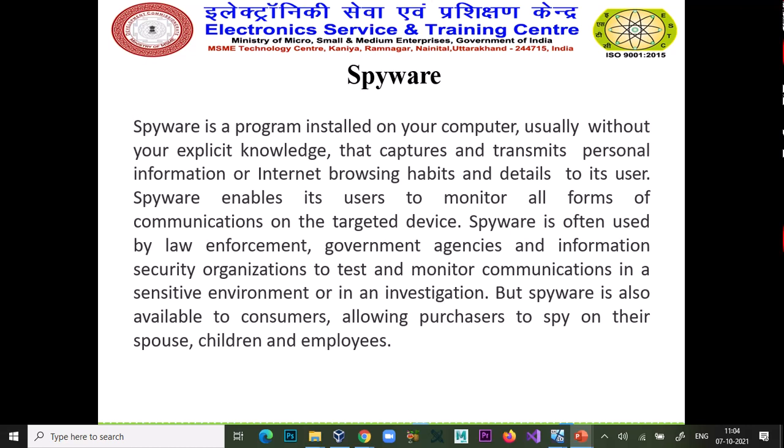So spyware can be used by government bodies for investigation purposes, but spyware is also available to consumers, allowing purchasers to spy on their spouse, children, and employees.